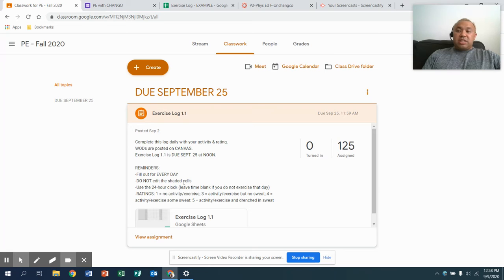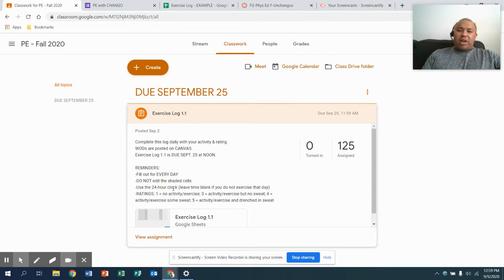Otherwise, if the cell is shaded, let's not edit any of those because some of them may have either notes for myself, comments, reminders, words of encouragement, or maybe there's formulas in there that are going to help tabulate your exercise log totals. A reminder here to use the 24-hour clock,